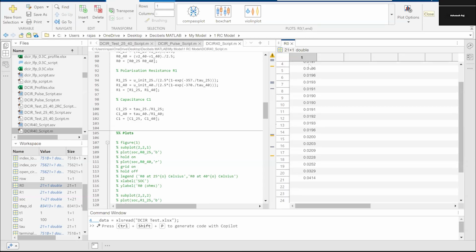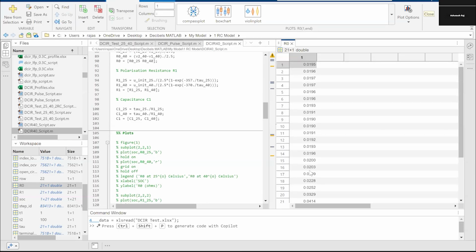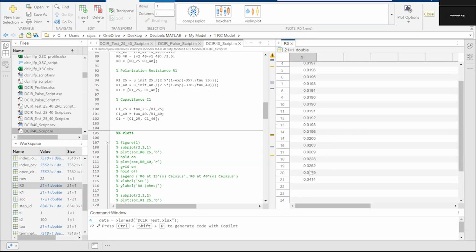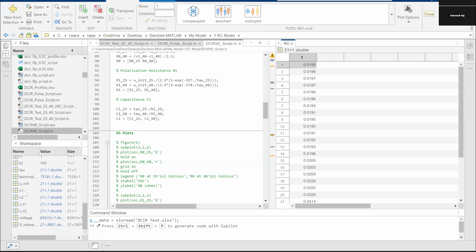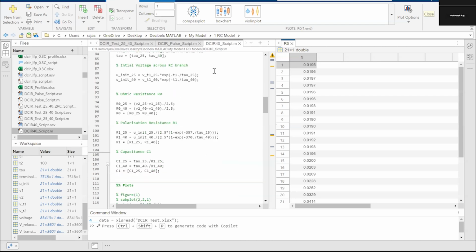So at 100% association removal, at the end of your association, you can see here, observe it, the 21 sets of your R0 values. Similarly with R1 and C1, tau, transient, all will be there in MATLAB. Okay. So now I will go through and run the script